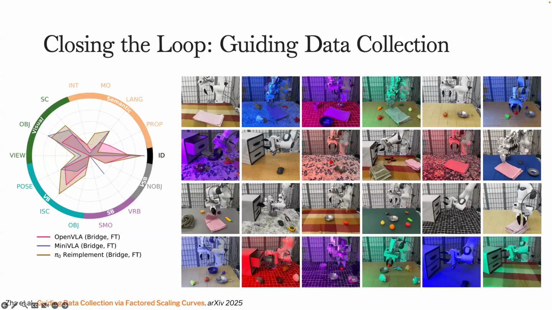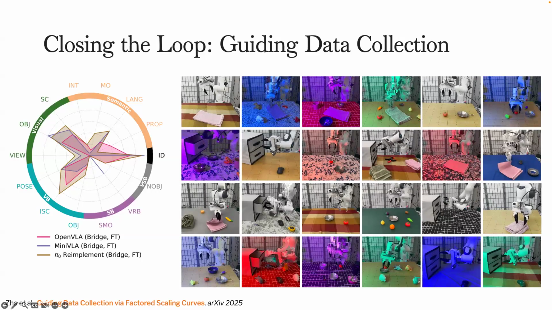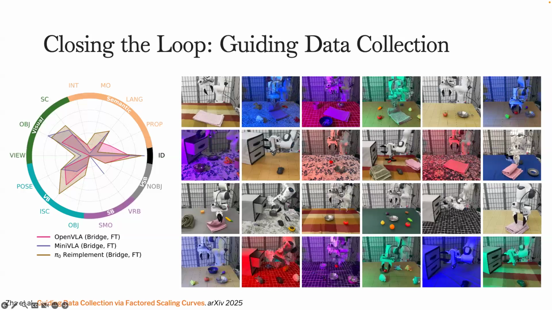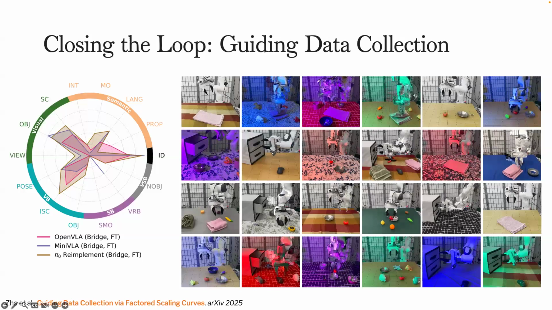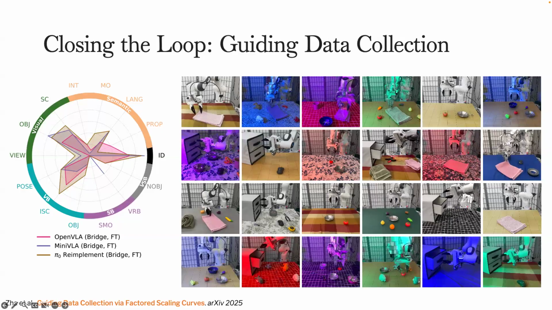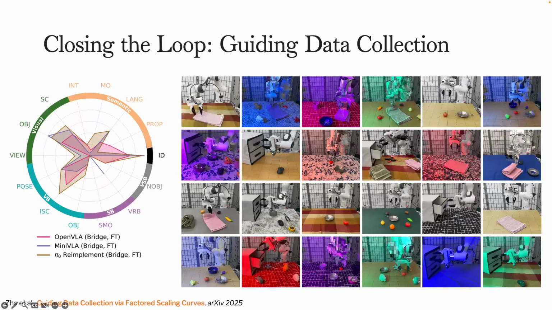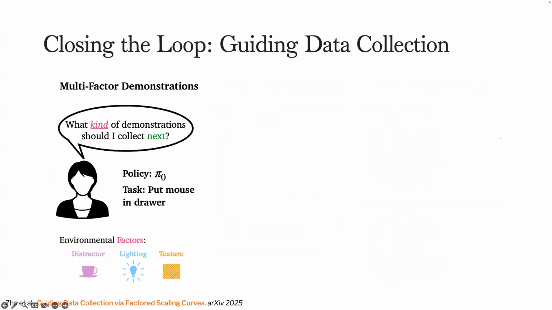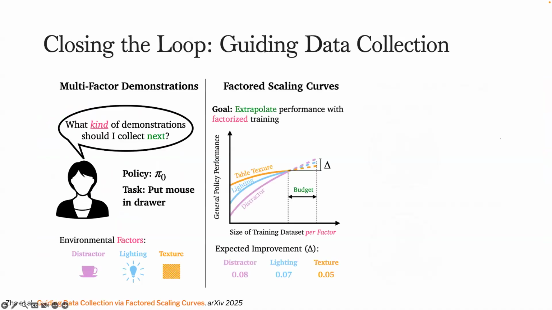So this was a paper that we just put out on arXiv a couple of weeks ago, where we're guiding data collection by trying to predict what the scaling dynamics of a model like this looks like and how they grow over time. So when we're faced with the question of what kind of data you should collect, and what is the least amount of data you can collect in your robot, in your lab,